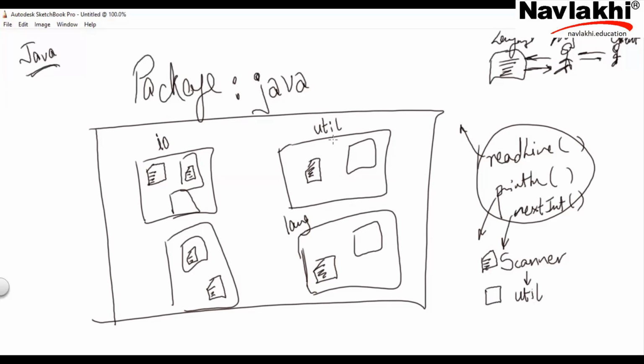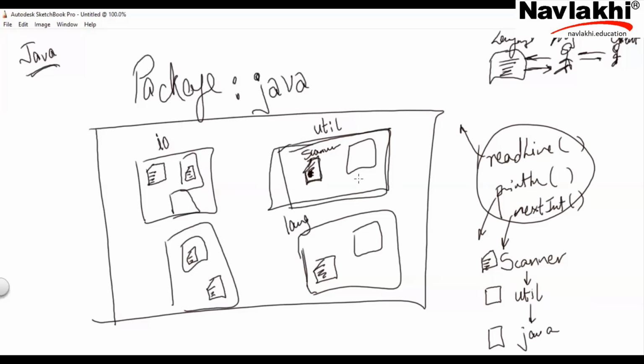So inside util, there is a class called Scanner, and within Scanner, there is a function called nextInt. So function nextInt is inside class Scanner, which is inside util, and util is inside a package called Java.